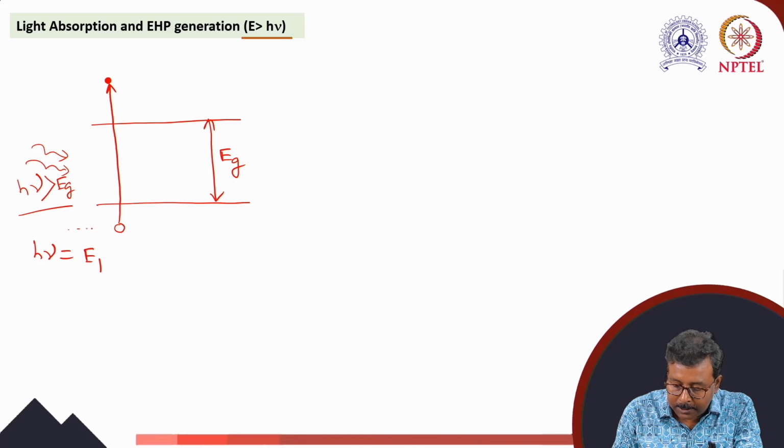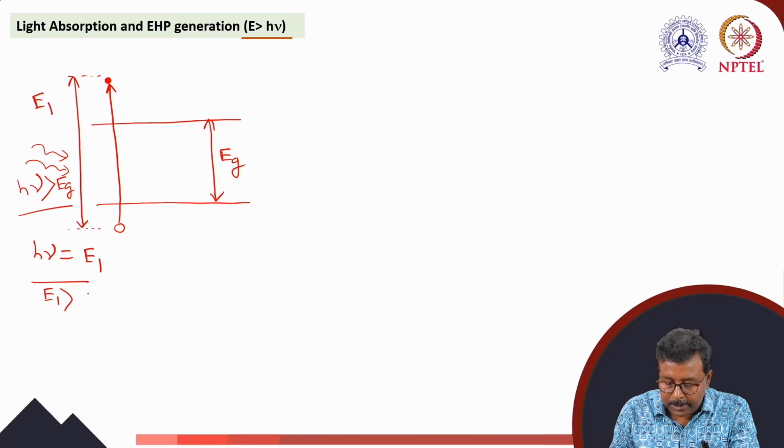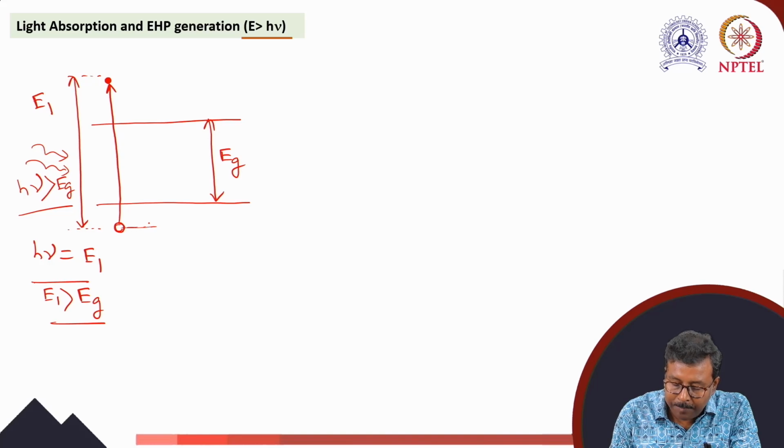E1 is this value. E1 is greater than Eg. So an electron in a state here may transit to a state in the conduction band here,